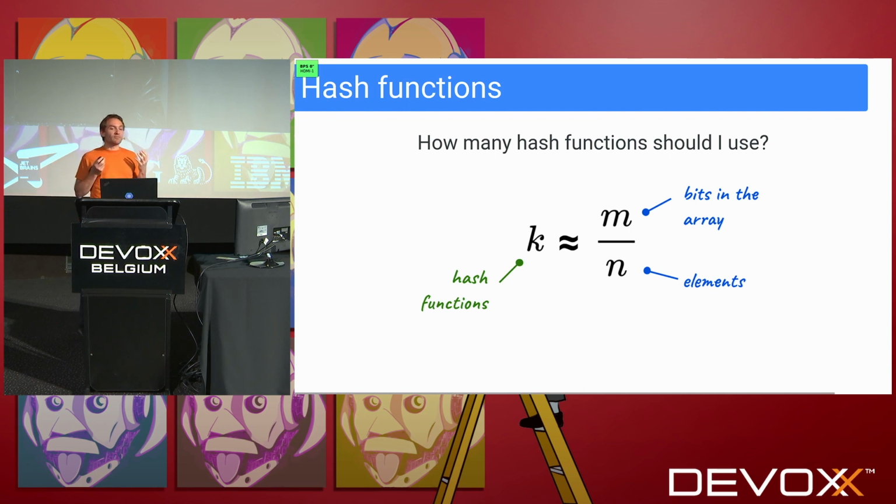On the one hand, if you have a lot of space in your bit set, if you have a lot of bits, then you would like to have more hash functions to be resilient to partial collisions. And on the other hand, if you're adding a lot of elements to the set, then you would like to have fewer hash functions to minimize the number of collisions. So the optimal is actually proportional to the number of bits you have divided by the number of elements that you're expected to add. It's not a dynamic value, the k. You have to decide it before creating the Bloom filter, obviously.